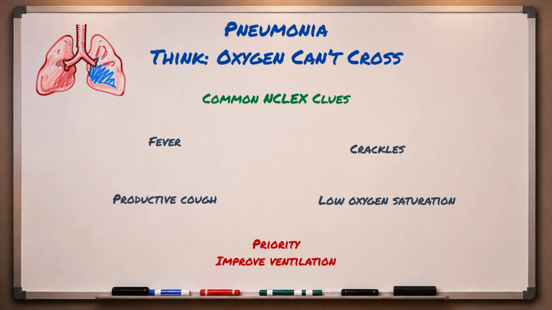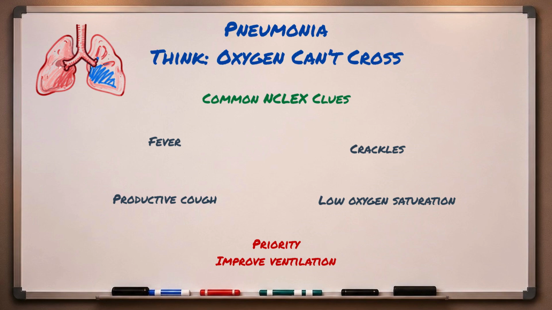Now let's move on to pneumonia. Pneumonia has a completely different problem. Remember our shortcut, oxygen can't cross. With pneumonia, infection causes fluid and inflammation to fill parts of the lungs. The airway may still be open, and air may still be moving in and out, but oxygen now has difficulty